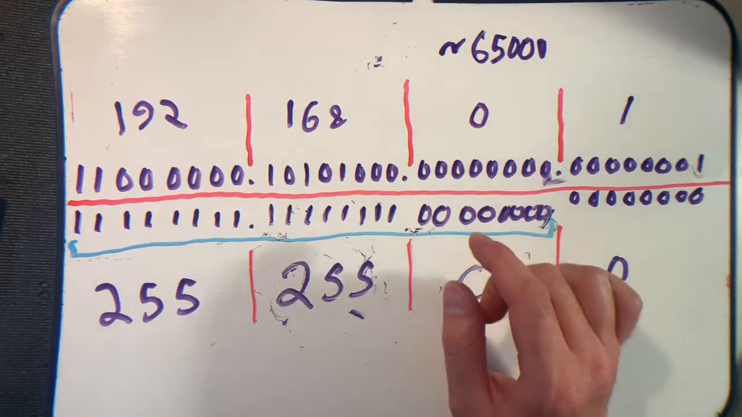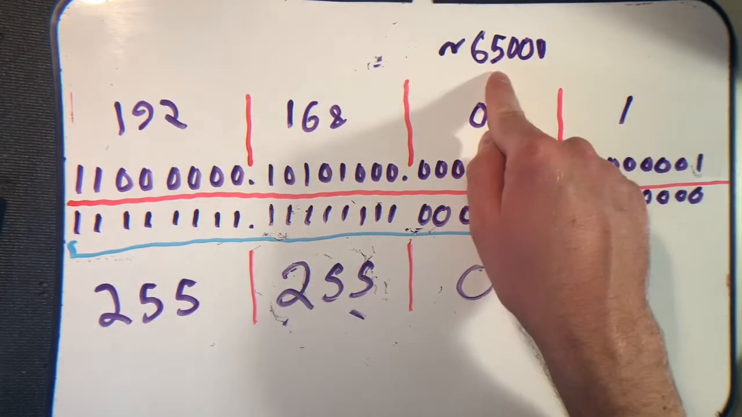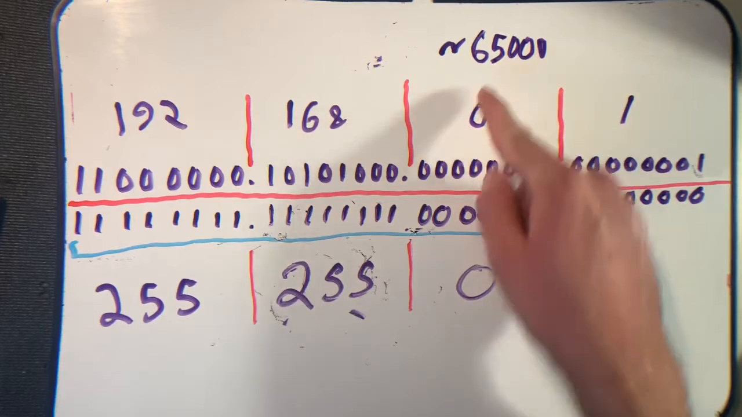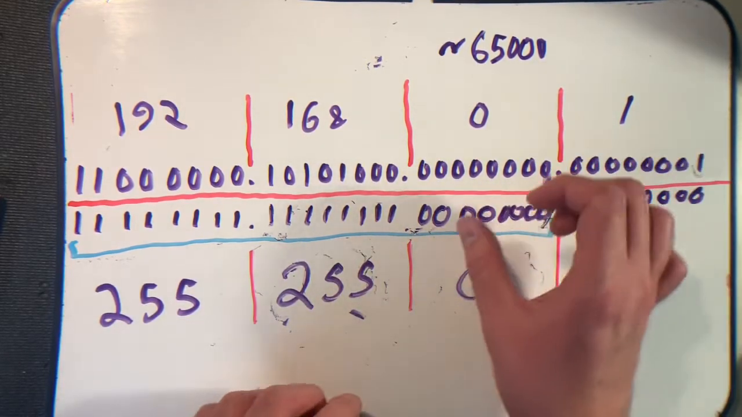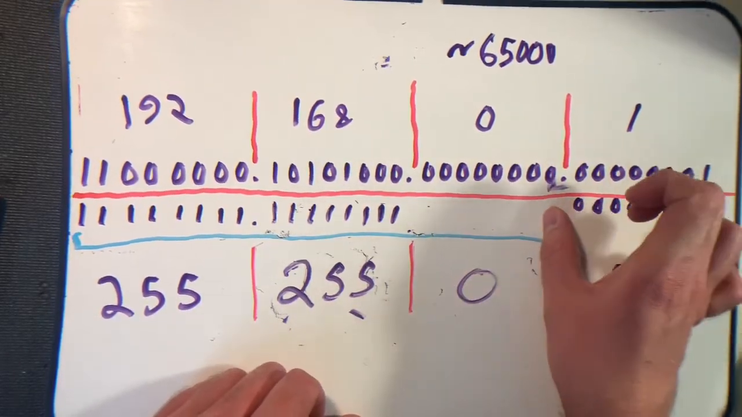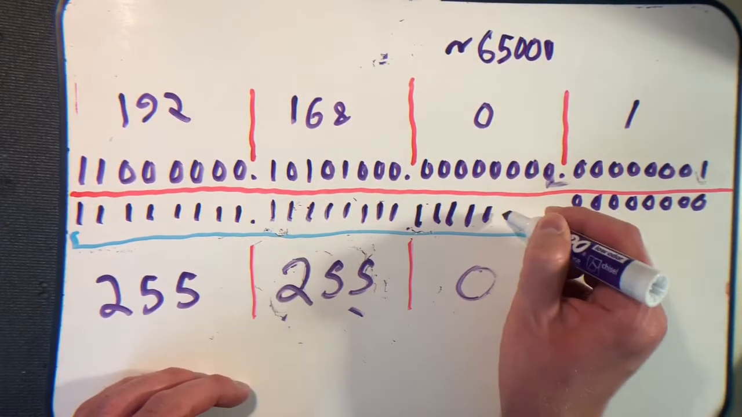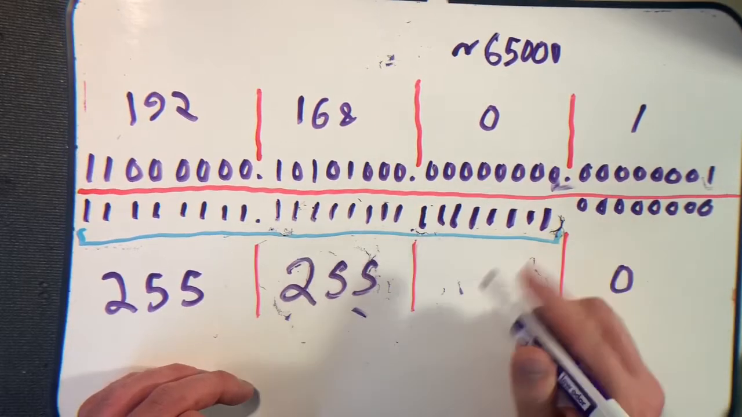But that can be wasteful. If you don't have 65,000 computers to connect to one network, you don't really need to have all this. So by default, most likely, if you have a home router or whatever, it is almost always going to have a default network mask of this,